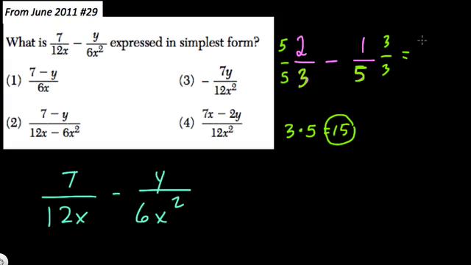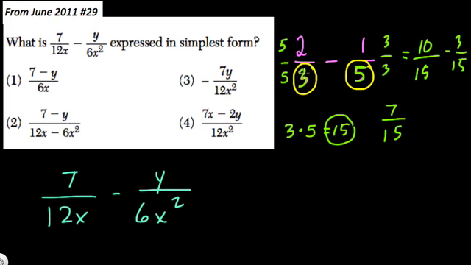So 5 times 2 is 10, over 5 times 3 is 15, minus 3 over 15, because 3 times 5 is 15. Now we have 10/15 minus 3/15, and that's 7/15, our answer. Whatever fraction problem we're given, we could always just multiply our two denominators to find